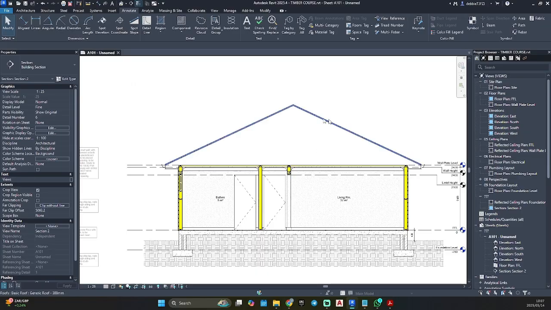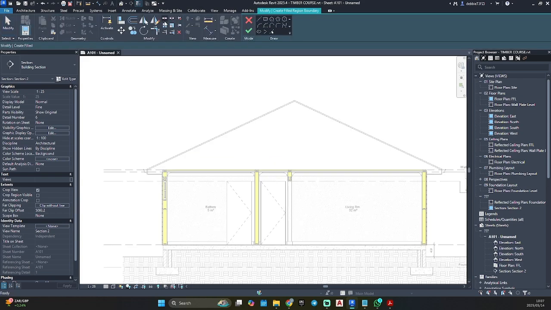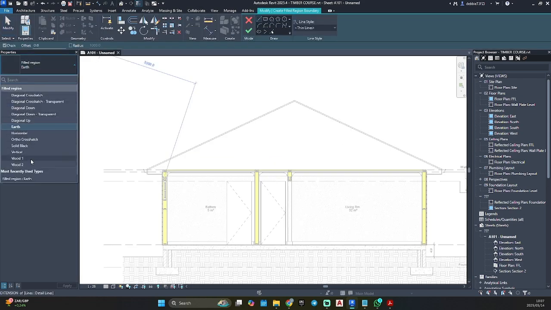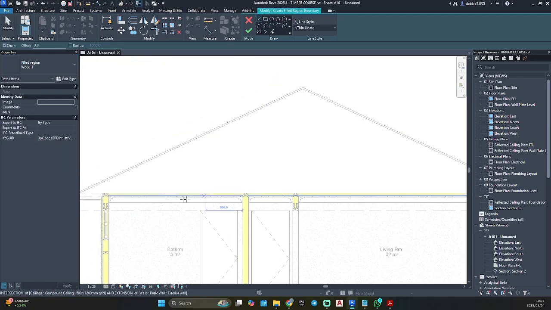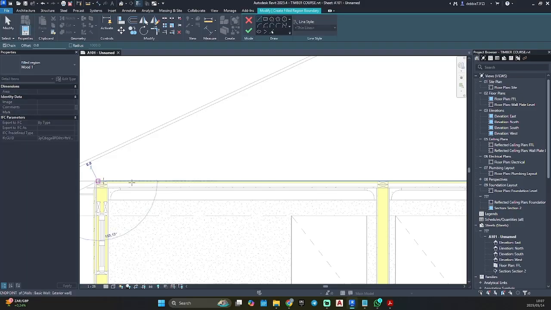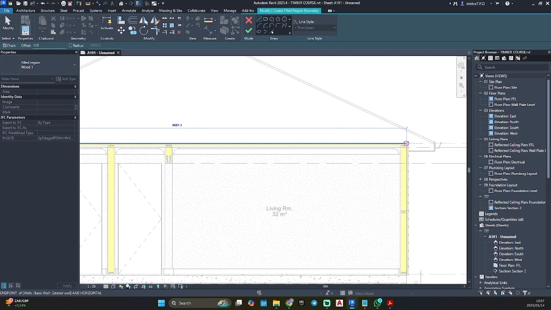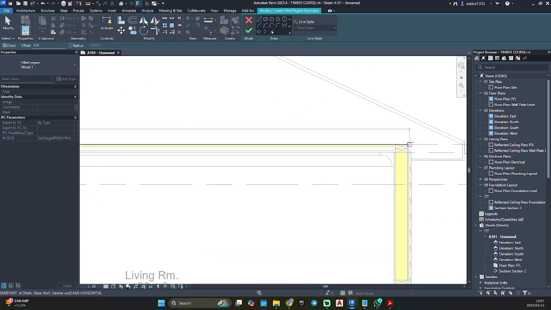Let's go to our section. You can draw in your own little makeshift roof truss. I'm not gonna draw it in because we are using timber construction, not Part L for roofs. But I guess we can draw it in for the sake of making a nice drawing. So this span is 8 meters.